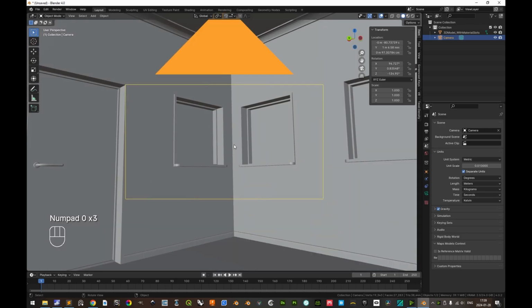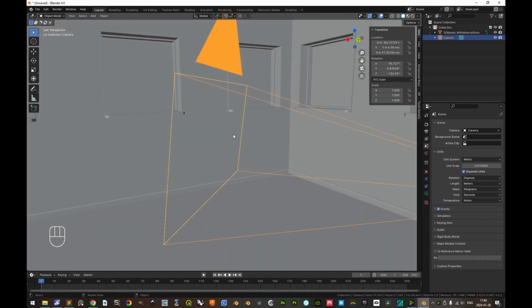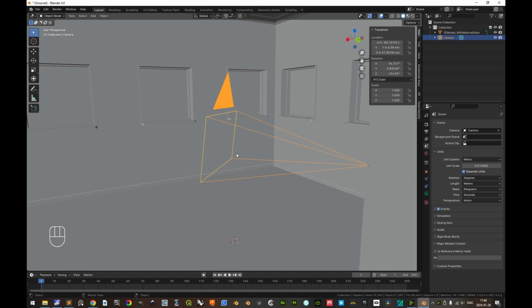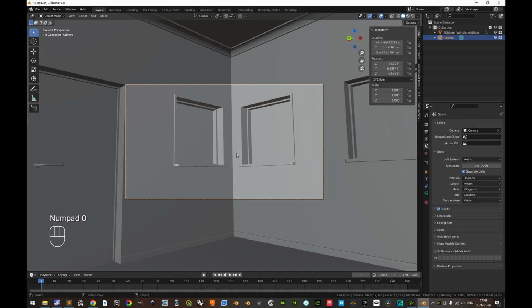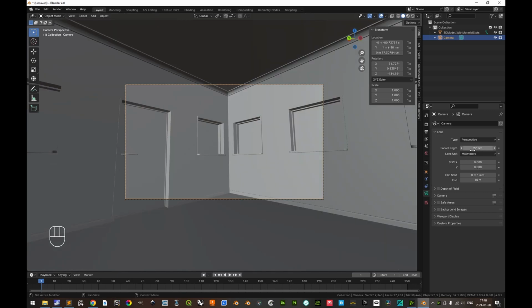Now there was no real difference because we do not have any different viewport angle than the one that was set for the camera. But we can orbit around here, and then we can at any time press the numpad 0 key, and we can go back to the camera that we have. For such a cramped space as this, I think we will need to decrease the focal length, perhaps to 27 millimeters. Yes, and then to rotate the camera here, now it has too much of an upwards tilting angle,